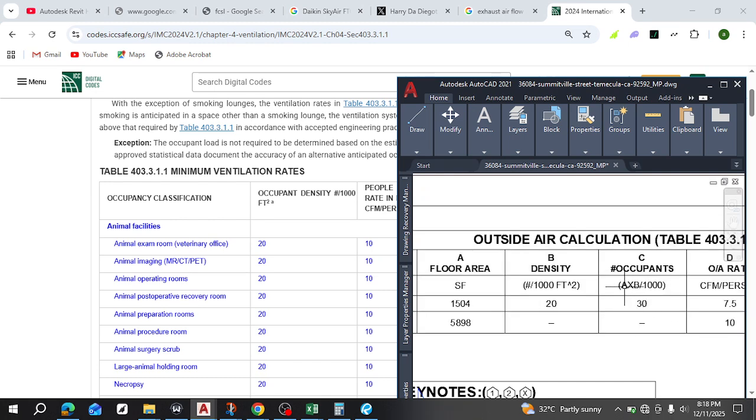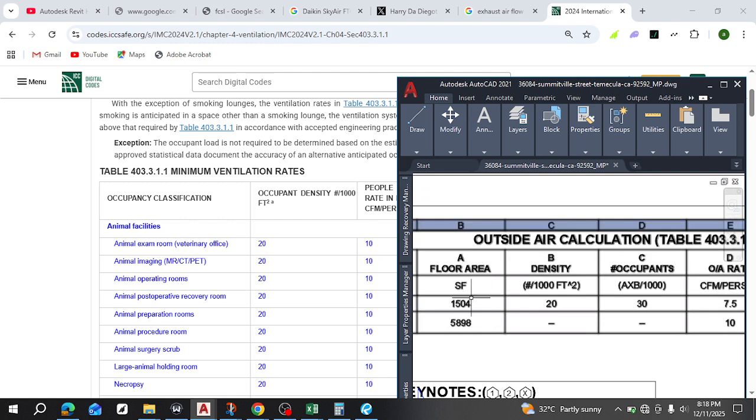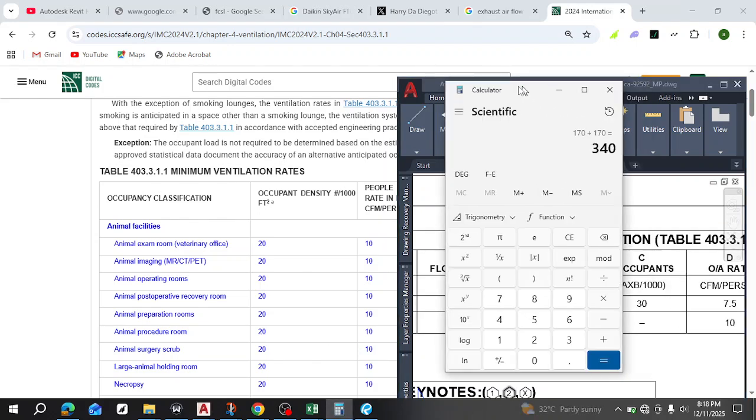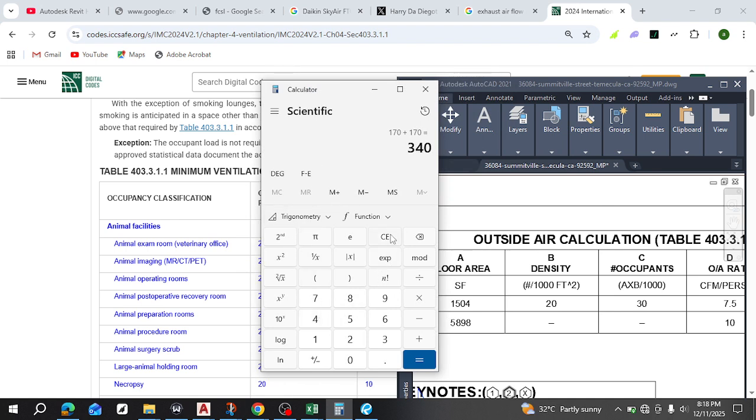So we multiply A by B, which is area by the density, and then we divide it by 1000. That's how I got this 30. Let's just do it quickly so that it helps to understand better. So A times B: 1504, which is the area, times B. B is 20,